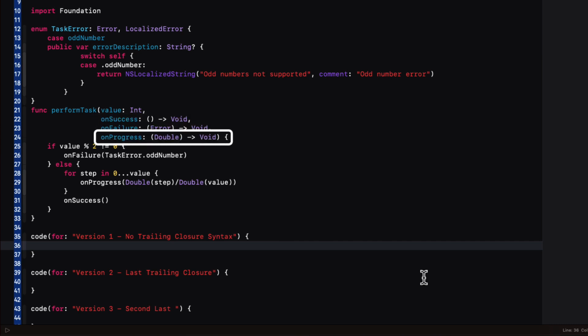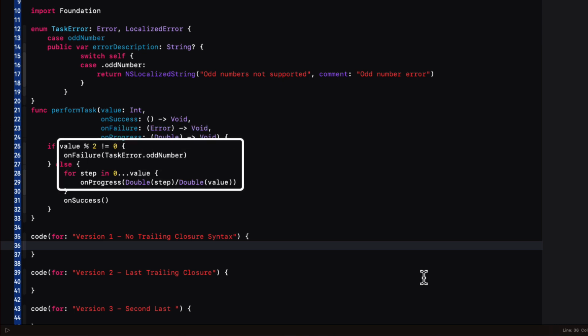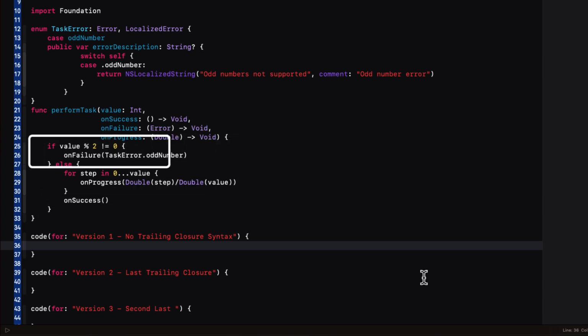The next parameter is another closure called onFailure that has an error parameter, and it returns nothing. And then the final argument is once again another closure that is called onProgress that has a double as its argument and returns nothing. Well, the body of this function first checks to see if the value is an odd